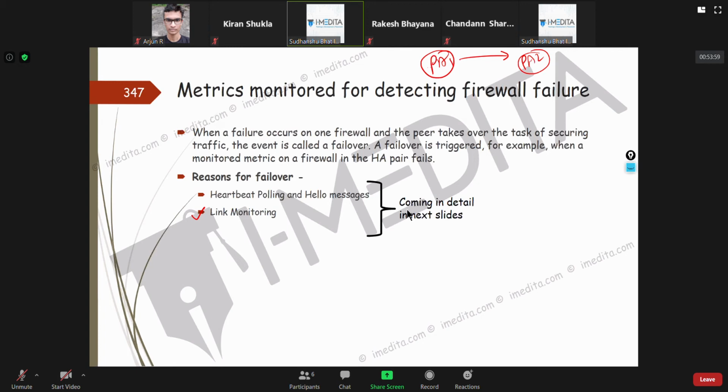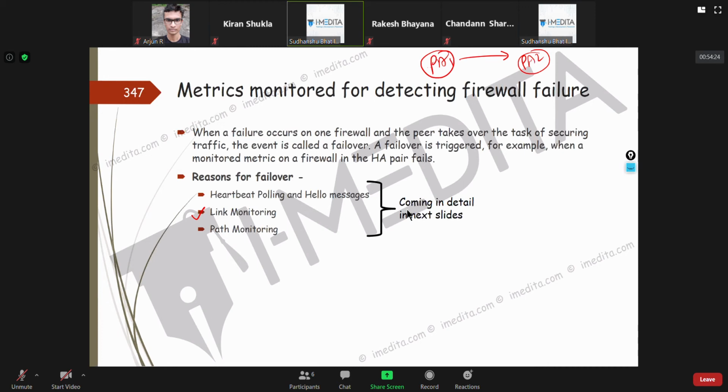The other thing we have is path monitoring. In path monitoring, just like you might have seen in Cisco, where we create track objects to continuously check connectivity to something, a similar thing happens here.